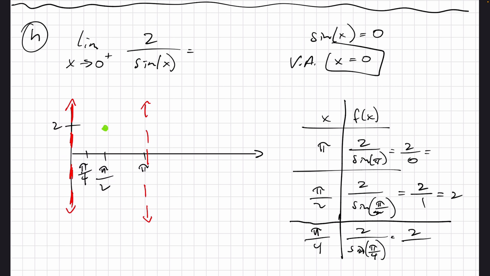10, 100, right? I'm getting bigger, right? What is happening to the original number, 1/4? Is it getting bigger or smaller? A lot smaller, right? So doesn't it make sense that if I go the opposite direction,